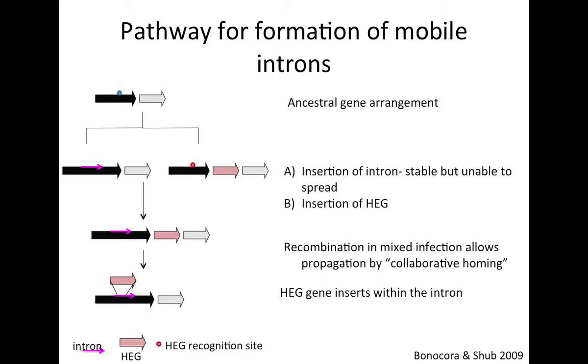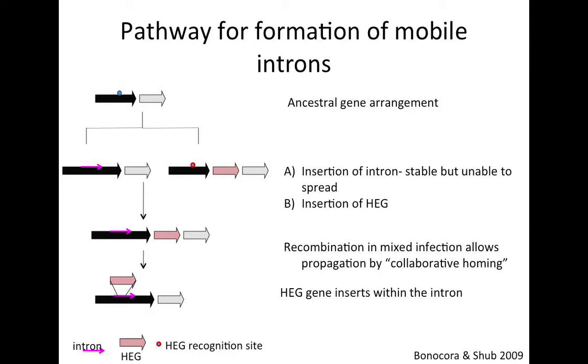And then during mixed infections, you'll end up with an intron in the gene, and then next to it you'll have a homing endonuclease. So the advantage of this to the system is this: the intron prevents the homing endonuclease nicking or cutting its own DNA. So it's a protection measure,